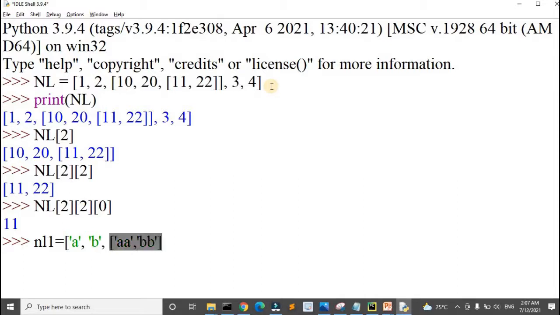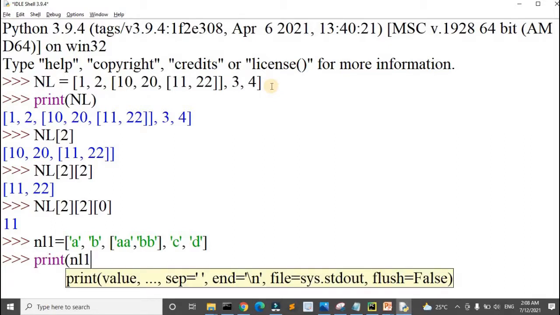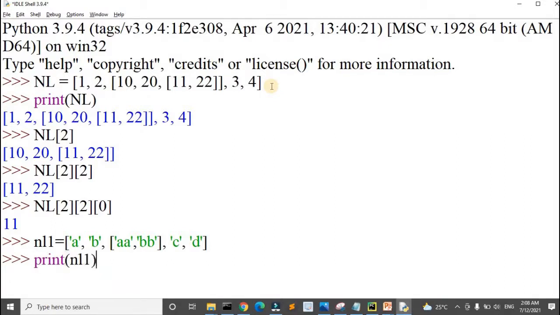I am ending this and continuing the main list items with C followed by D. Then I am ending the main list. You see that this nested list has been created. To display the NL1 items, I am using the print function, and all the nested list items created in NL1 are displayed in the output.